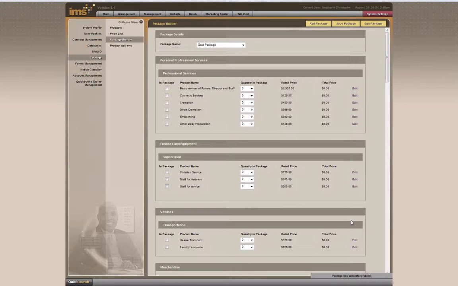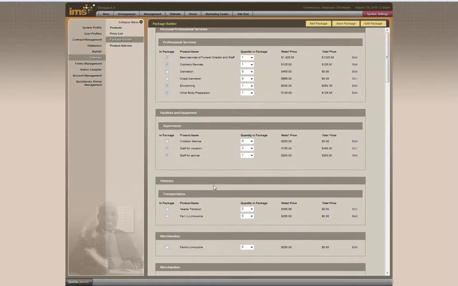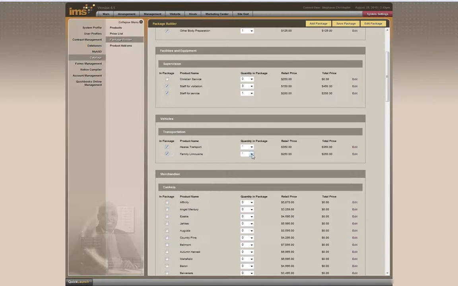And now that the package has been created, go down the list and select the items that are to be included in this package. Simply check the items that you'd like to add. And once all your items have been selected, make sure you save the package. If any of the packages you've created need to be changed, you can select the package from the package name drop-down. We'll show you that in a moment to change anything necessary or select